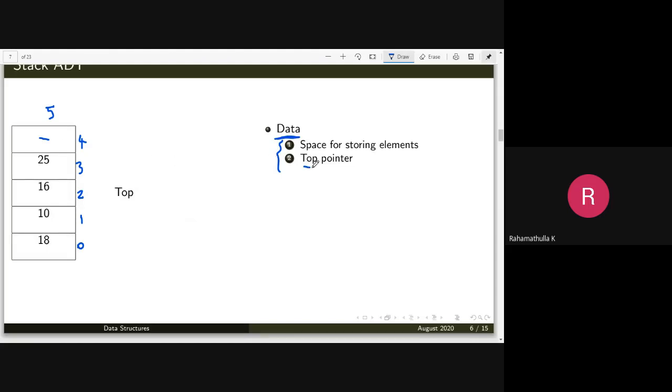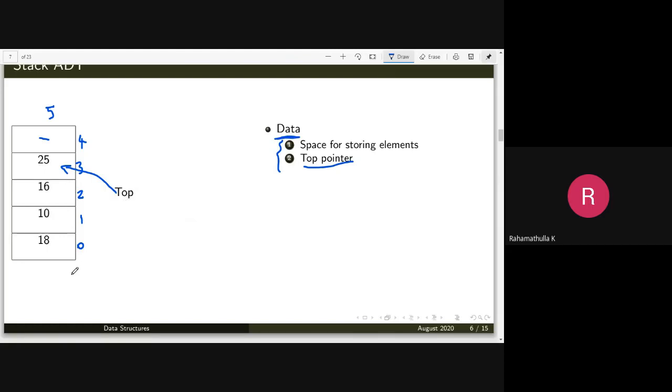In addition to that, you should have something known as a top pointer, which is a single variable which points to the top element at a particular instant of time. For example, at this point of time, this pointer is pointing to the topmost value in the stack, that is 25.